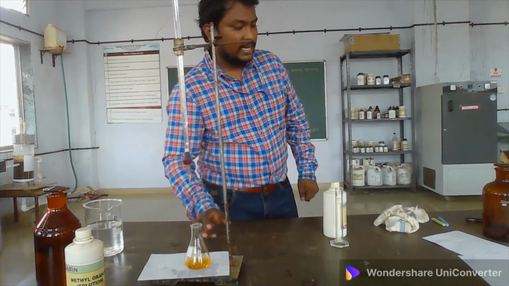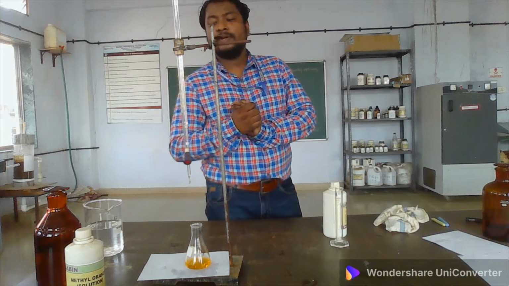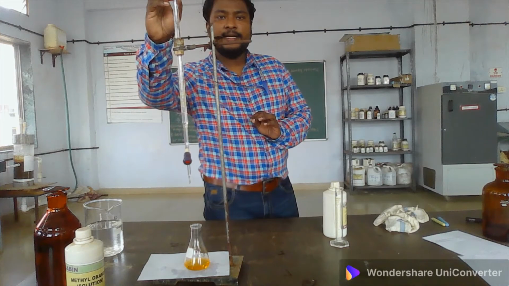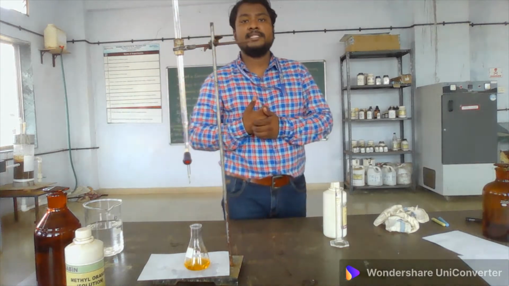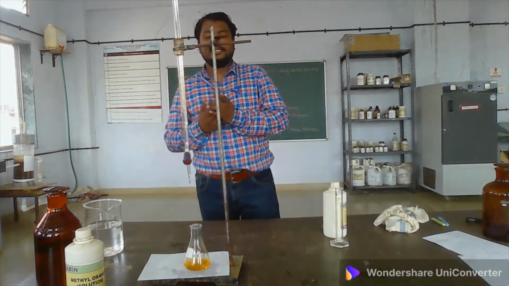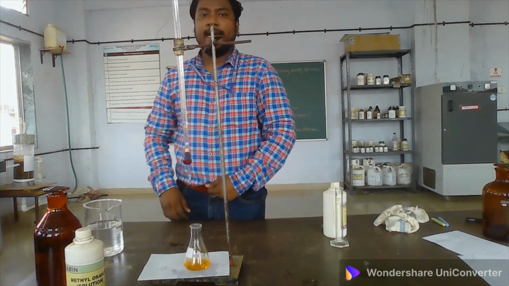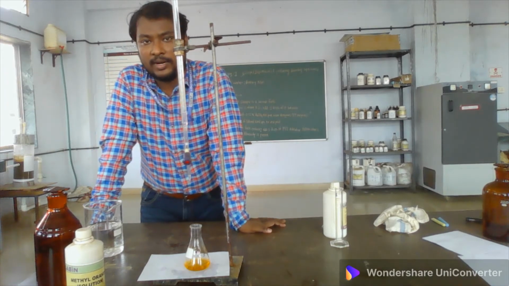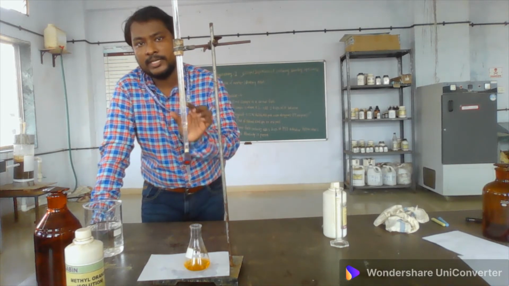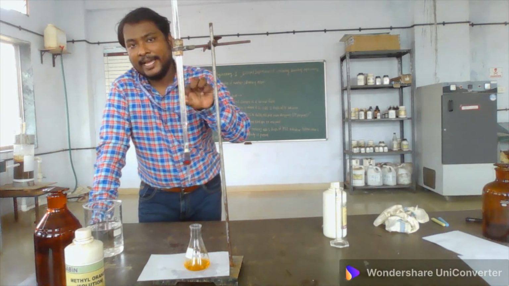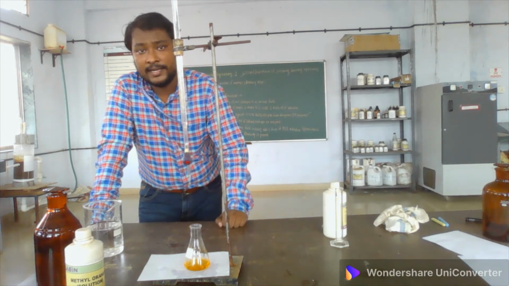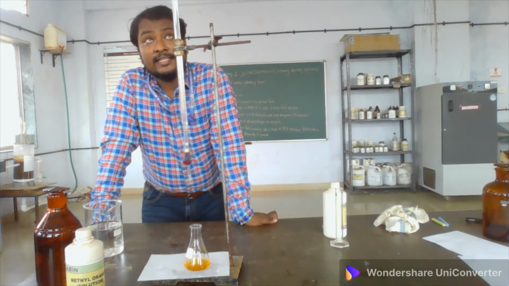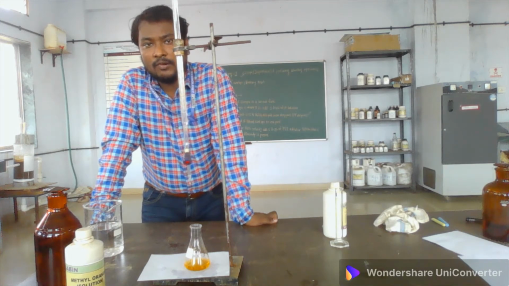What is next? We have added 2 drops of methyl orange indicator. In the burette, the titrant H2SO4 is there, and we are going to titrate this sample with the H2SO4, get the final color change, and write down that value as the final result. In this case, the X value is already 0 because we have not got any color change; the pink color has not been obtained. Directly I am going to get the value of the color change.